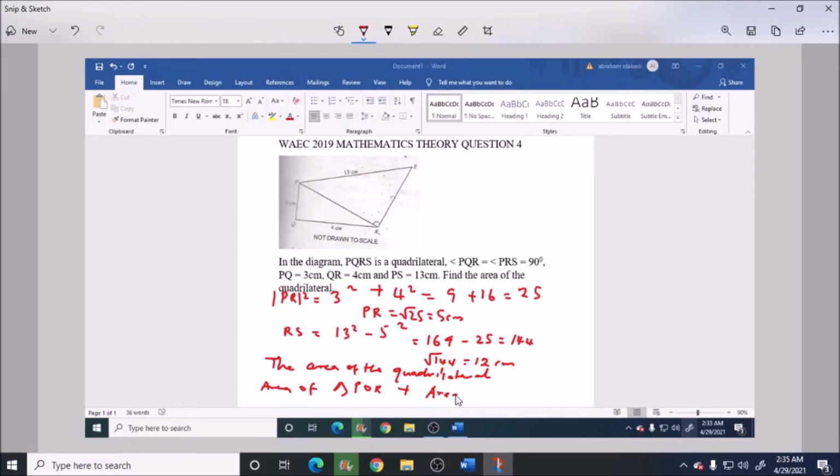Now we have 1 over 2 times 4 times 3 plus 1 over 2 times 12 times 5. Okay, so this is 2 times 3 plus 6 times 5. Okay, so this will give us 6 plus 30. So the area of the quadrilateral is 36